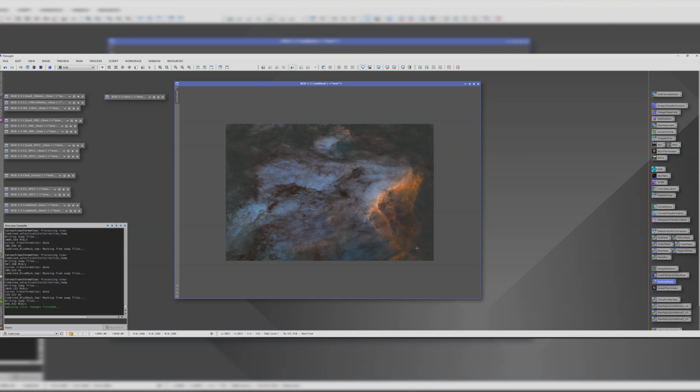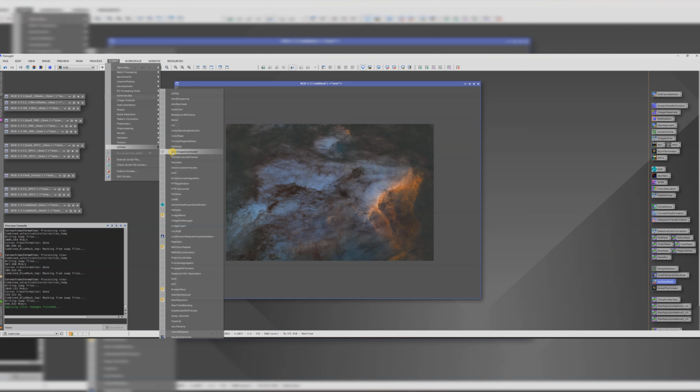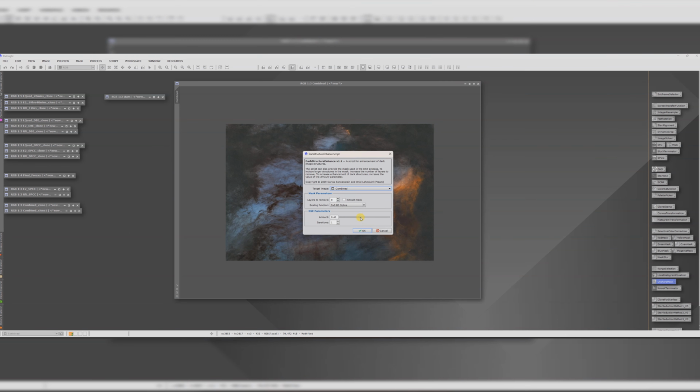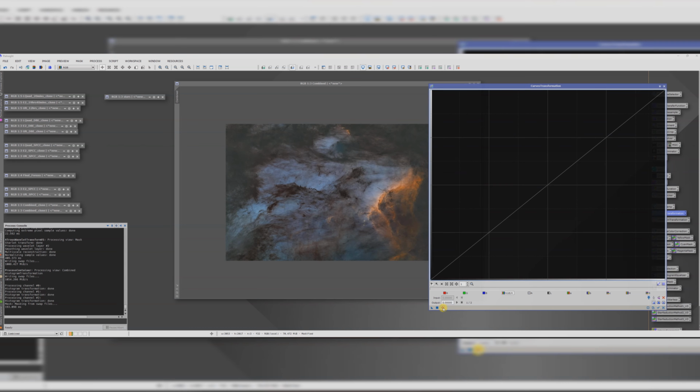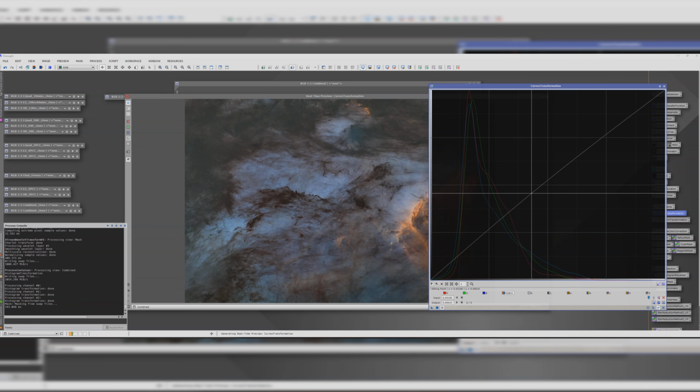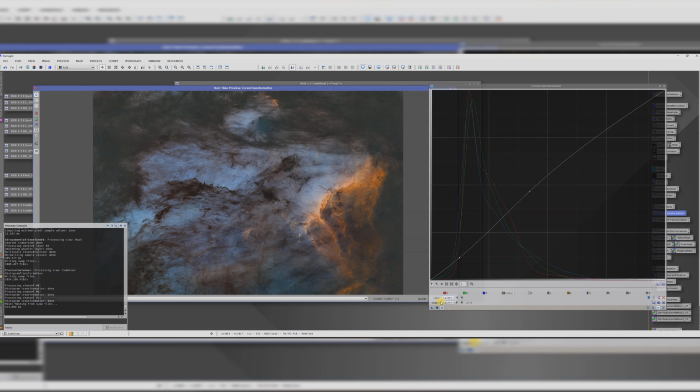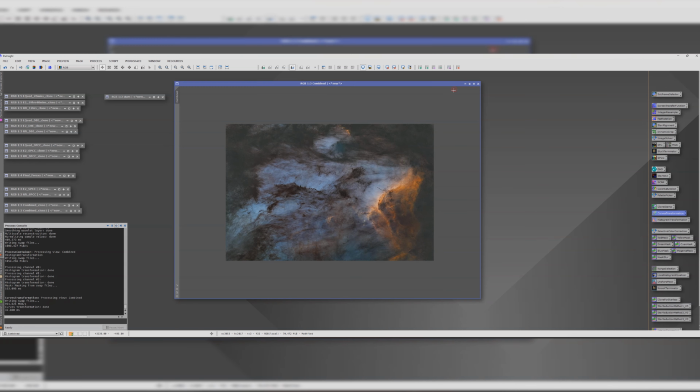There are various other things we could do, of course, like one of my favourites is dark structure enhance. I find the default at 0.4 is a bit too much. Let's just put it to 0.3, and that should make these darker areas pop out even more. Just a little bit. And maybe play about with our curves some more. And you just keep going as much as you want. But for now, because this video is getting a little bit long, I think that we should put the stars